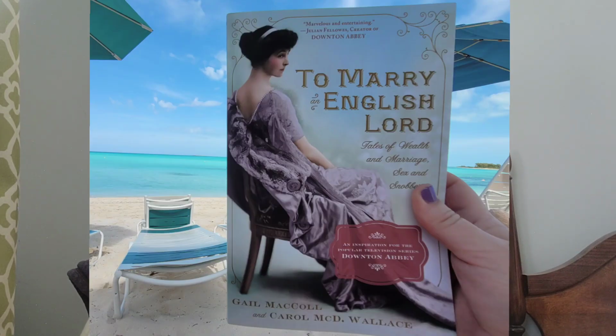read on the beach. The book that I read the most is called To Marry an English Lord, which inspired Downton Abbey, and my favorite podcast, The History Chicks, loves this book and recommends it all the time. So yeah, it's a very good book. It's a nonfiction book about American women who marry into the English aristocracy and take all their money over there and help build that up. Anyway,